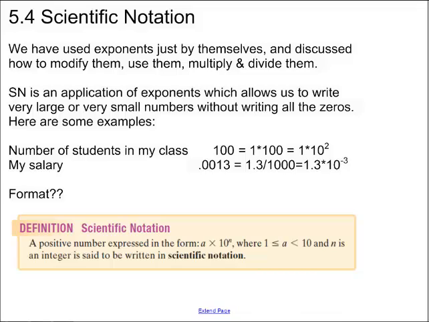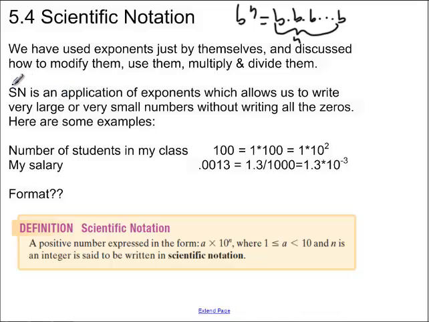So far we have taken a look at exponents, and we use them just by themselves. B to the n, we got a whole bunch of rules, things like b to the nth power equals b times b times b times dot dot dot b, and we multiplied our base n times together. We used a whole bunch of rules for that, and those are our previous sections, 5.1 through 5.3. But right now, in this section, we're going to use kind of a special application of exponents,